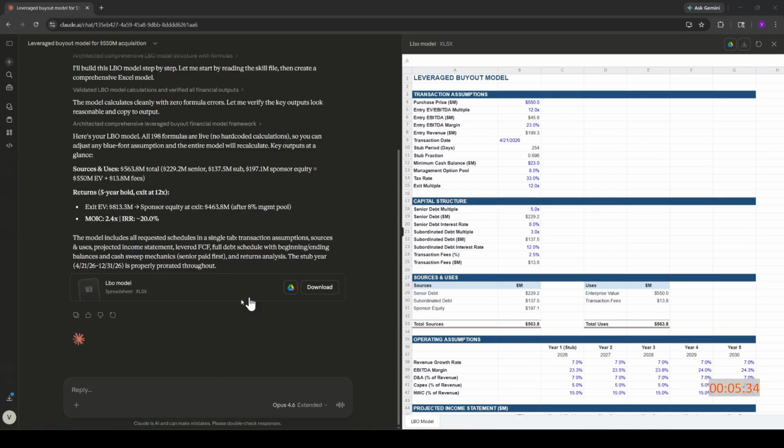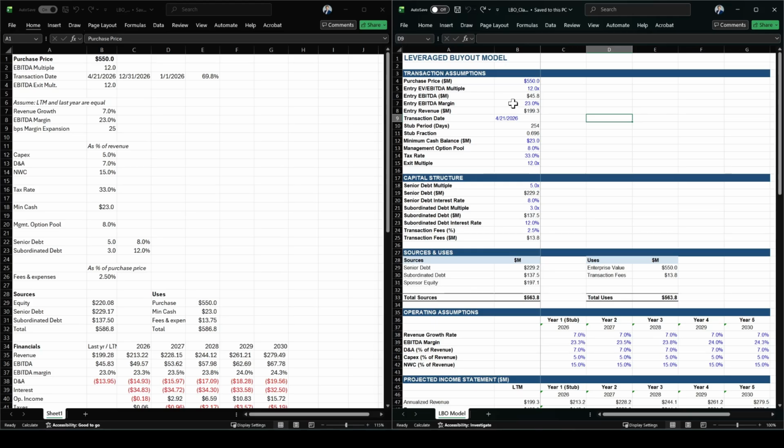All right, so 5.5 minutes. It's got the output here. What we're going to do is hit download to download it, and then we're going to put them side by side and compare what they look like. To make everything apples to apples, we'll actually start the timer for this as well, because we're checking Claude's work to make sure everything aligns. So let's start that timer,